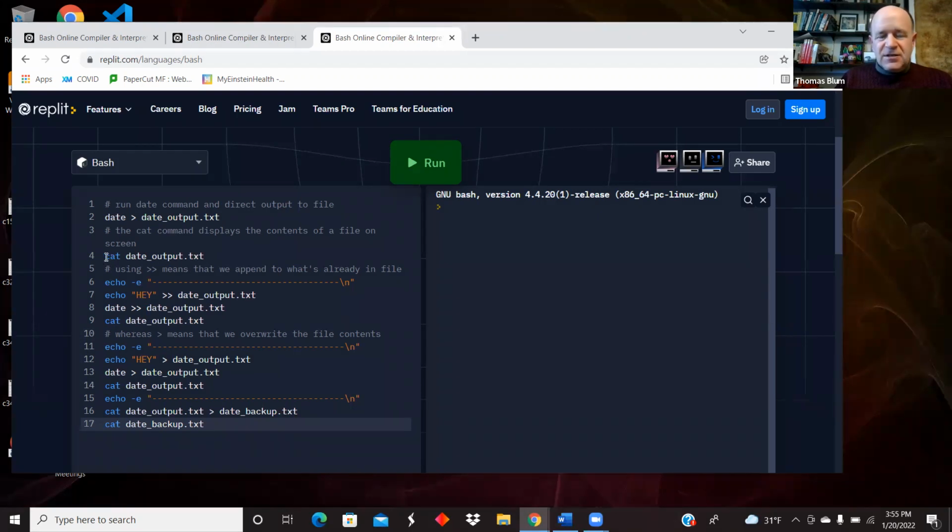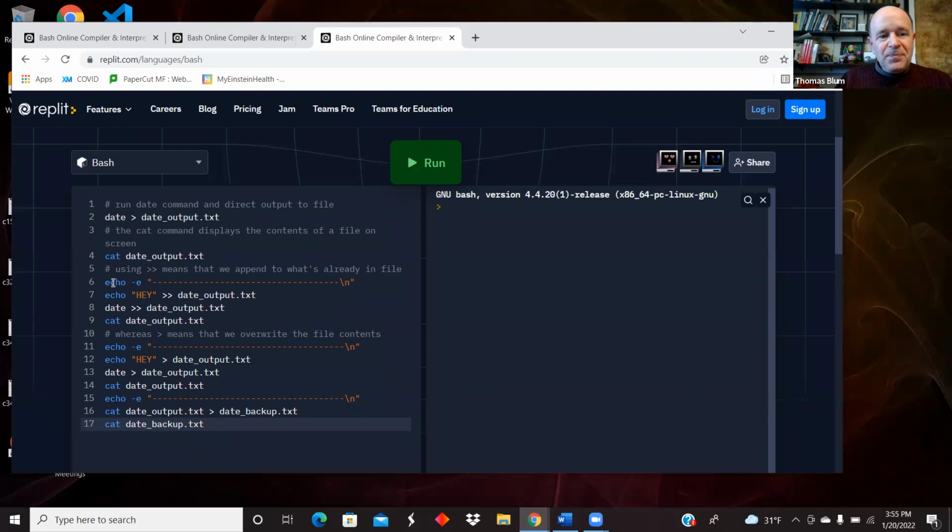And that is this command, cat. So cat will spit out all that's in the file. So I'm going to put the date into the file, and then I'm going to bring it right. It's not going to come out of the file, but I'm going to show what's in the file using cat